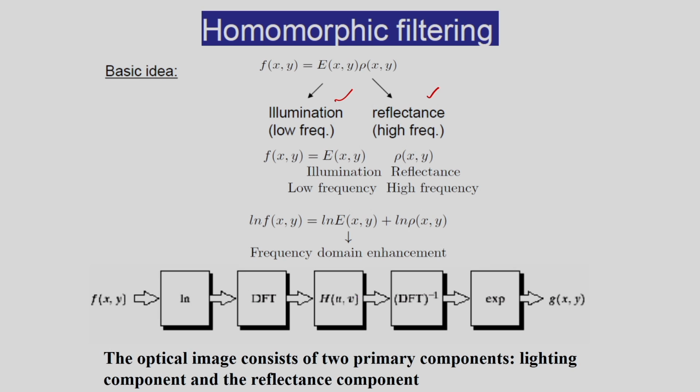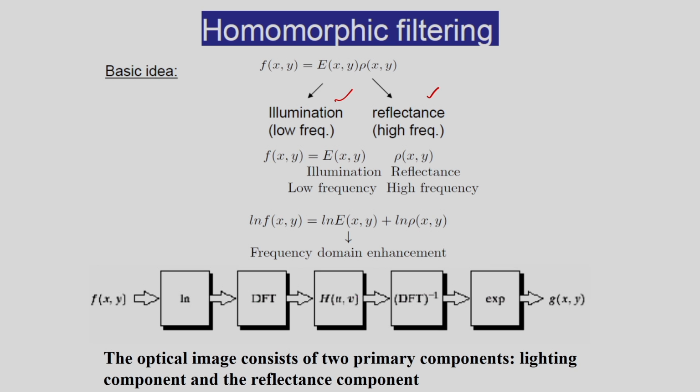So f(x,y) is the image, and I am considering two components. One is the illumination component, another one is the reflectance component. The lighting component corresponds to the lighting condition of a scene. That means this component changes with the lighting conditions. That is the incident illumination. The reflectance component results from the way the objects in the image reflect light. That is the albedo of the surface, and it is the intrinsic property of the object itself, and normally it does not change.